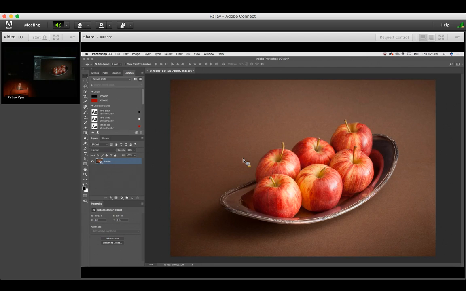So now this is a smart object. How do I know it's a smart object? Well, for one thing, I just opened it as one, but it also has the icon right there in my layers panel. So if I wanted to apply something like oil paint to this image, if you don't know where the feature is,